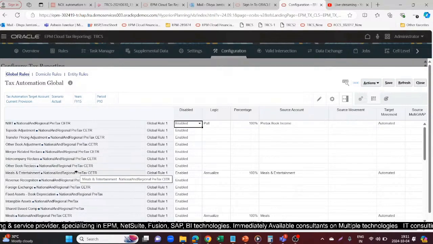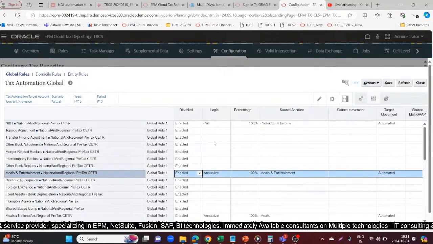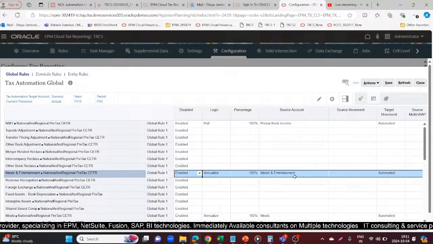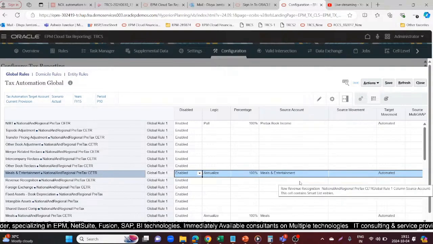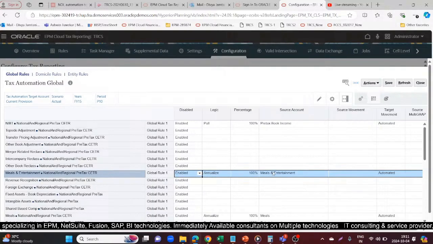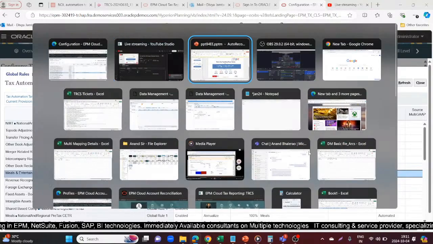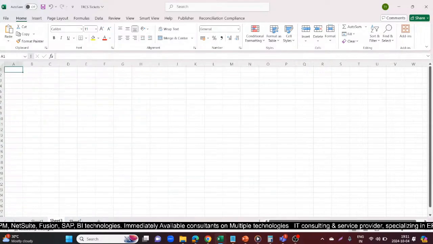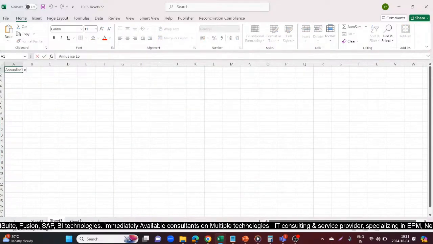You can see this in meals and entertainment. I have already used the logic as annualize. Percentage I have defined as 100%. Source account is my meals and entertainment, and target movement is automated. Before that, I would like to make you understand what annualize and deannualize logic is. Annualize logic is,